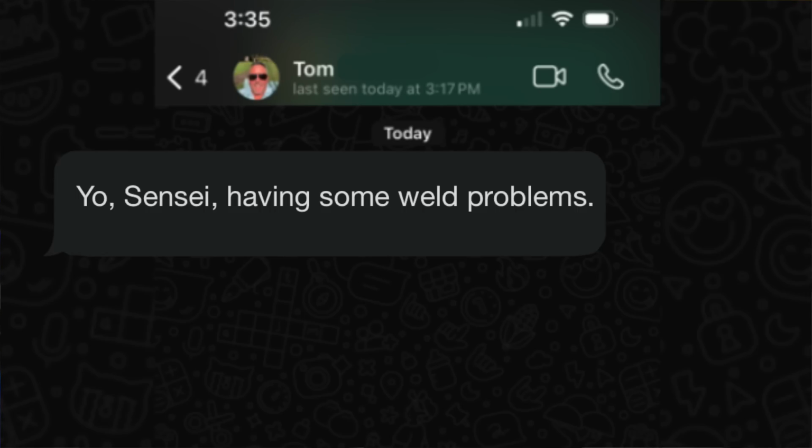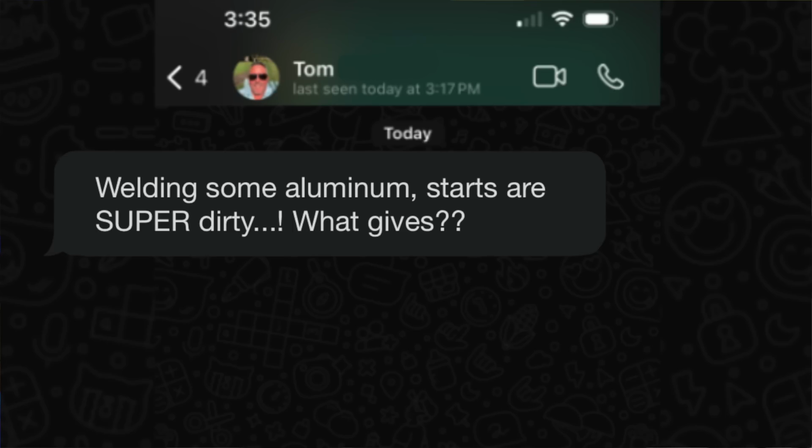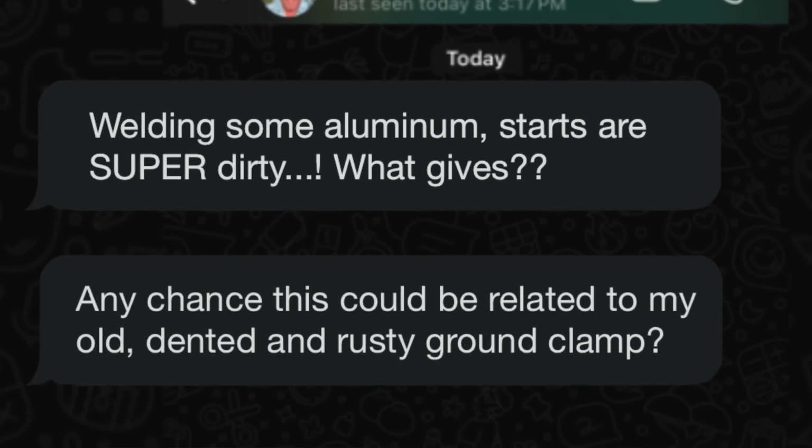One day I was messaging with one of my students in my online TIG welding program, and we were trying to troubleshoot some problems that he was having with his TIG welding. He was doing some aluminum TIG welding and he was having some problems with some erratic starts. My student had asked if the ground clamp could be the source of some of the problems